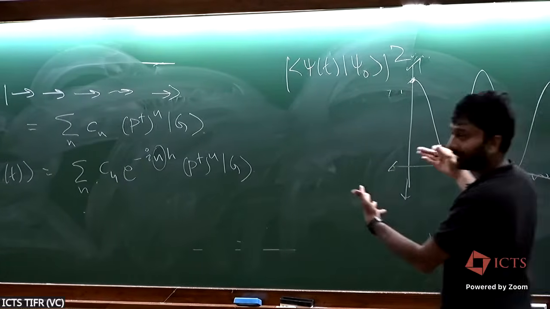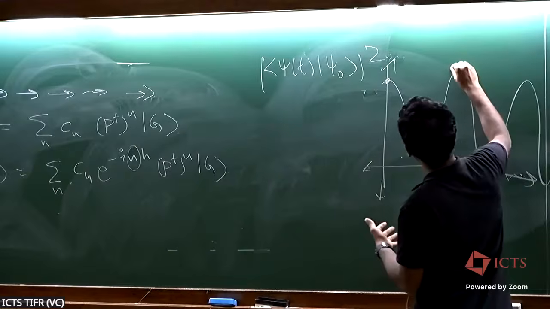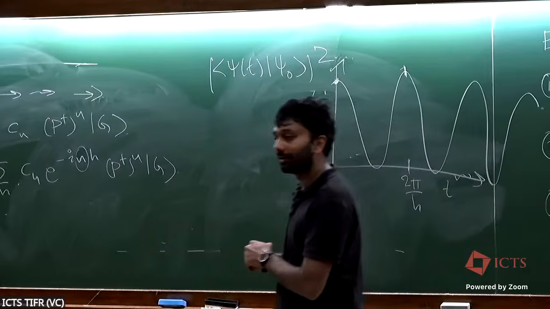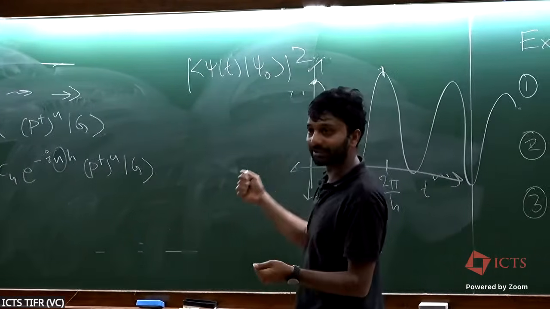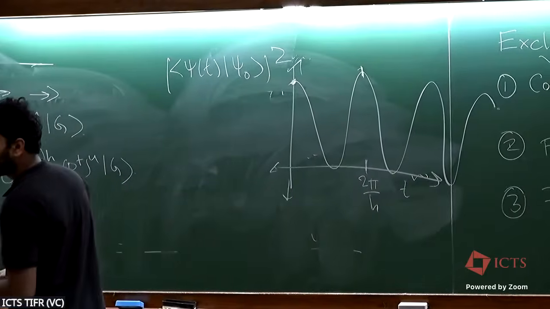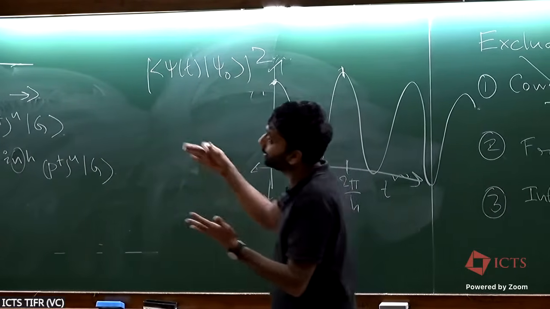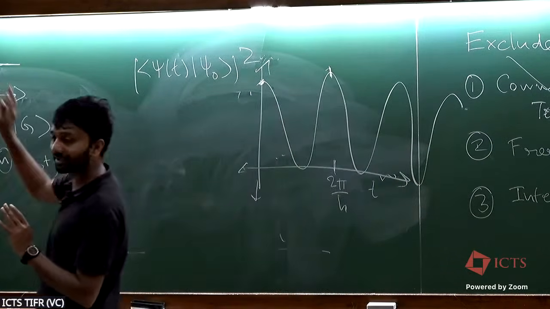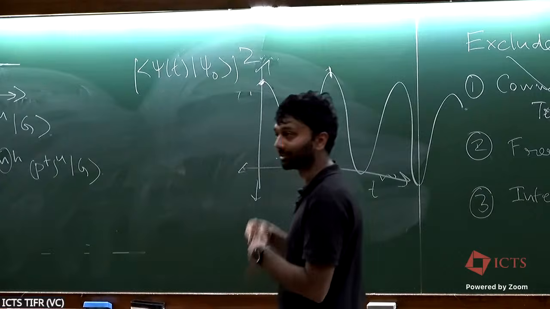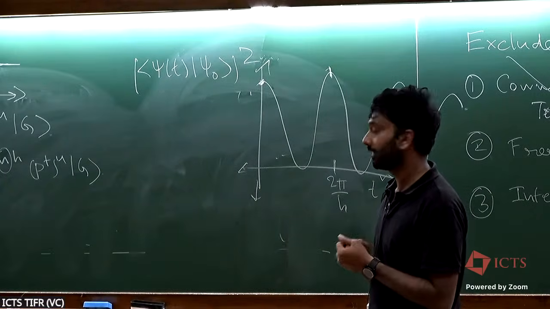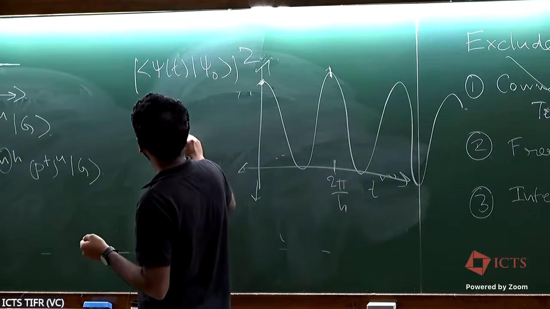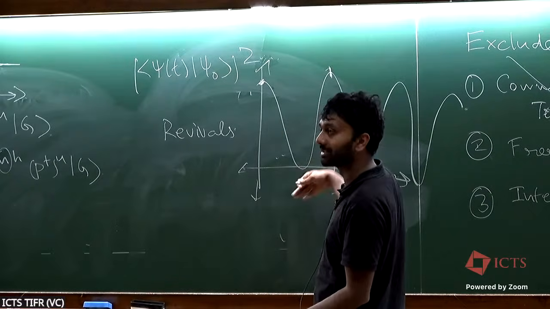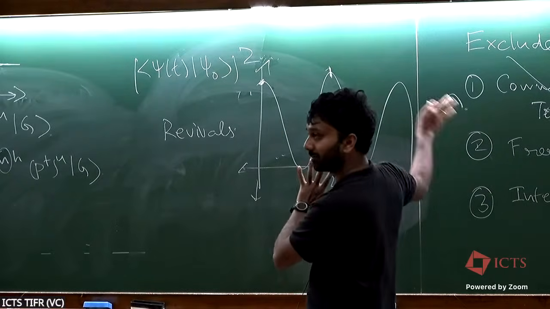And it's not just the fidelity. What this is saying is that after some time period, which is like 2 pi over h up to factors of 2, the state really comes back to itself. What that means is whatever expectation value you look at, it just keeps oscillating. It doesn't saturate to what is expected by thermodynamics or the theory of thermalization. These oscillations are called revivals of the state, because the state sort of disappears, so the fidelity becomes 0, but then comes back after some time, and this keeps happening.